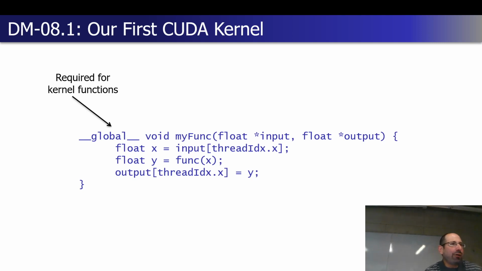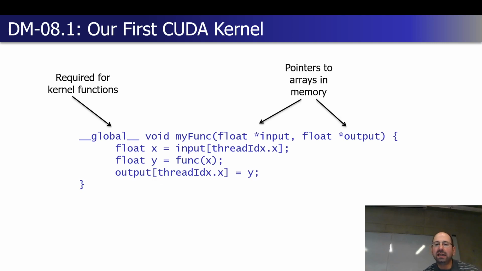But we need to output data, right? We need to actually change some state in the system for our kernel or our thread to be useful. The most common mechanism for that when writing CUDA code is to treat all the inputs to every one of those threads as the same exact value. Again, this is a piece of logic that's going to be executed tens, hundreds, thousands of times. They're all going to be passed the same pointer. We do so usually via a pointer mechanism, right? A pointer is just an address. So we get a base address to some input array, we get a base address to some output array, and they all get that as their input.